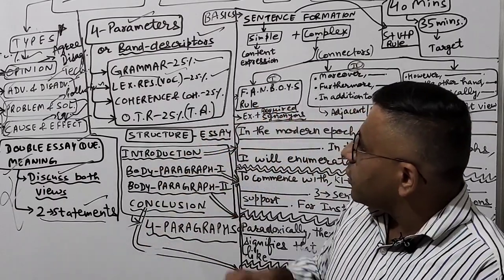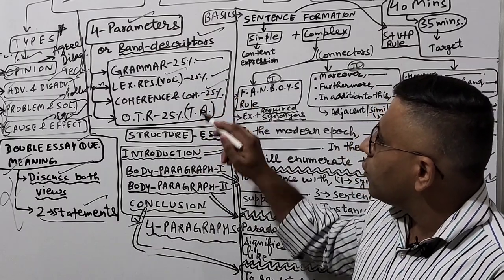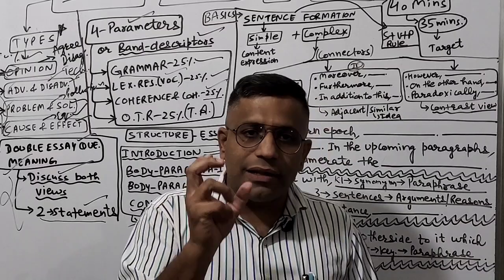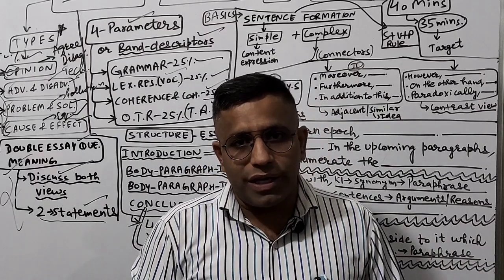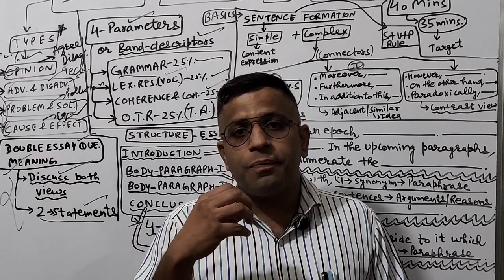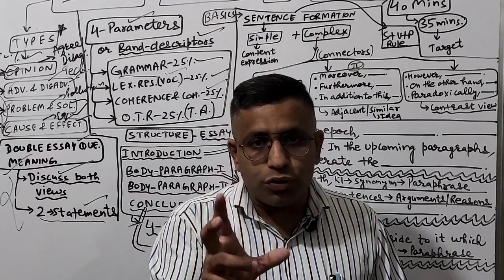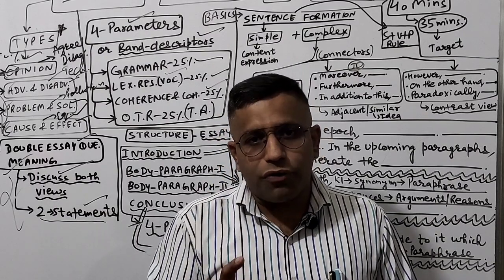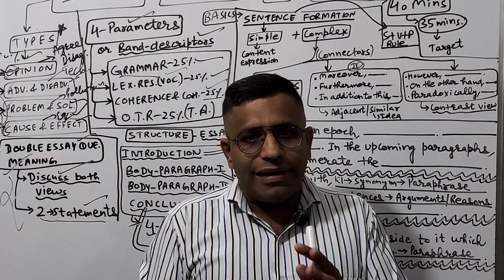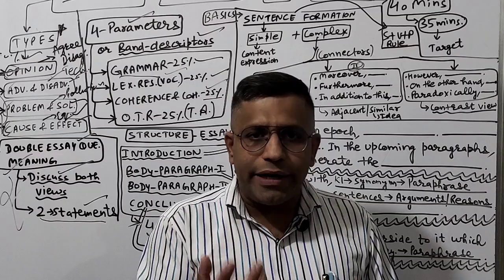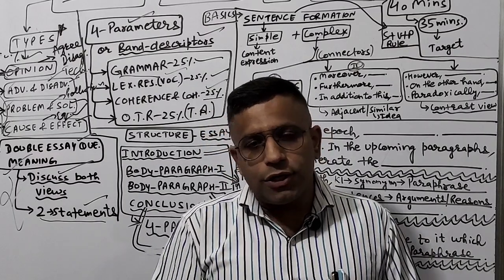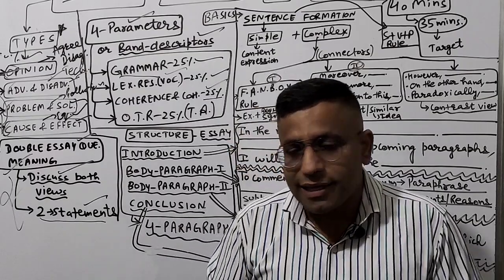So now, the third one is the coherence and cohesion. So coherence and cohesion is how much relevant things you are writing in the paraphrased part of the essay. Whatever things are being asked in the question, whether you are able to understand and you are able to express and paraphrase those things only. So it's also very difficult for a student in a flow mode to write down everything 100% relevant. At least a student must try to write down 80 to 85% of things exactly relevant, and few things could be maneuvered according to the need of writing the essay.